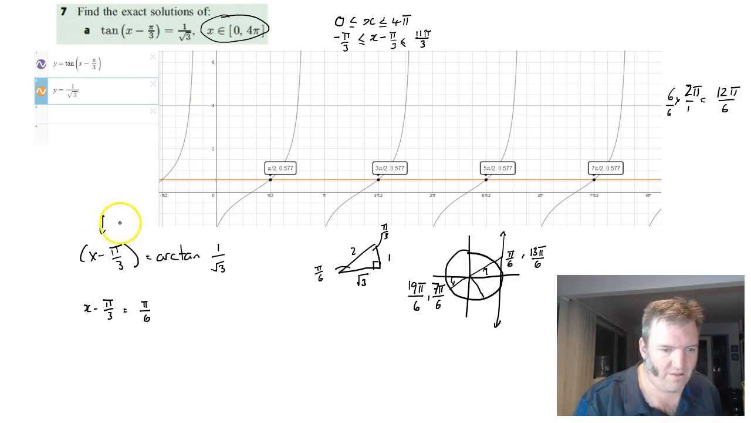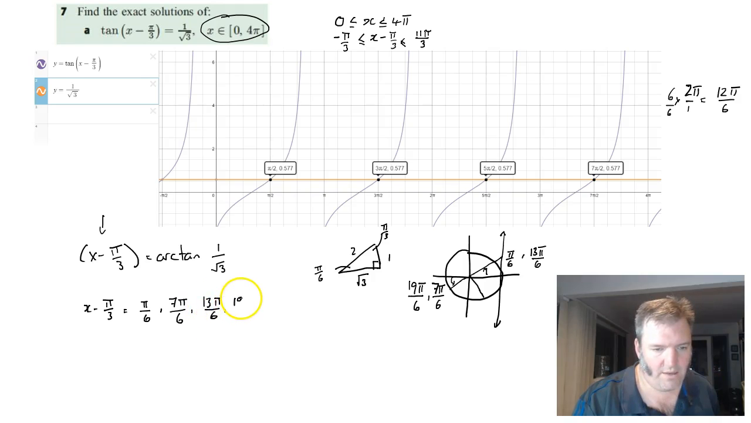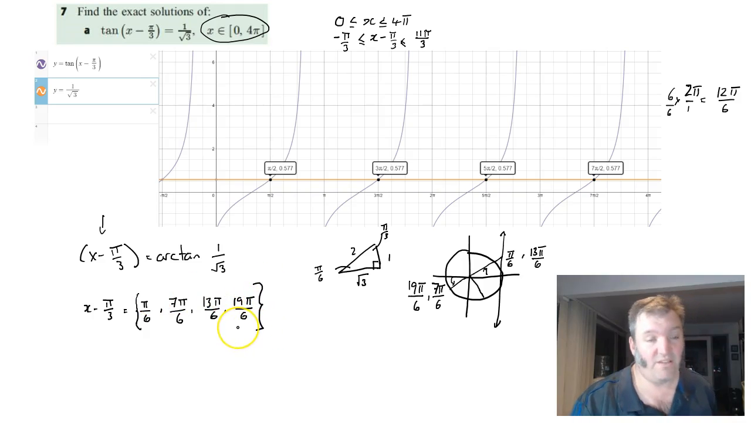Now that we've got them, let's write them all down, and then we'll be able to finish off this problem without any worries. Pi on 6, 7 pi on 6, 13 pi on 6, and 19 pi over 6. Now to get x on its own, opposite of subtracting 1/3, make that look nice with a set of braces there, because that's the whole set of numbers. Opposite of subtracting 1/3 of pi is to add 1/3 of pi, so I'm going to add pi on 3